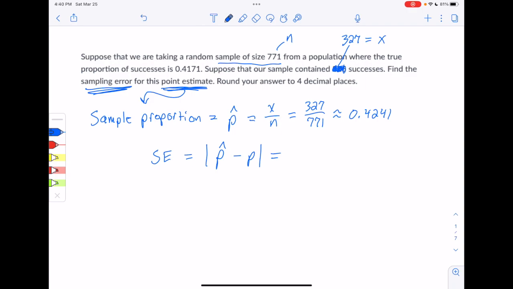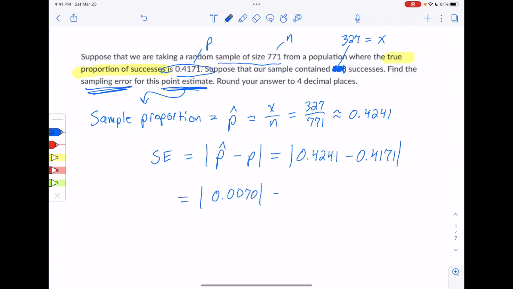So the p hat we just calculated. The other thing we need is p. Up here it talks about the true proportion. So it says the true proportion of successes. So what follows that is going to be p. So this number right there is p. So when we do p hat minus p, we have 0.4241 minus the true value of p, which is 0.4171. When we do the subtraction right there, we get